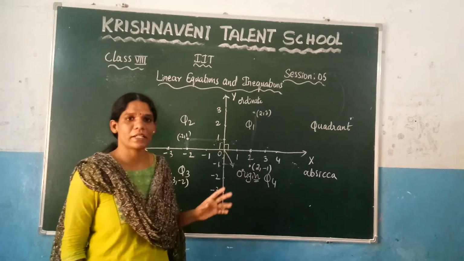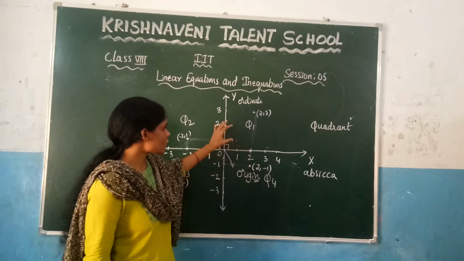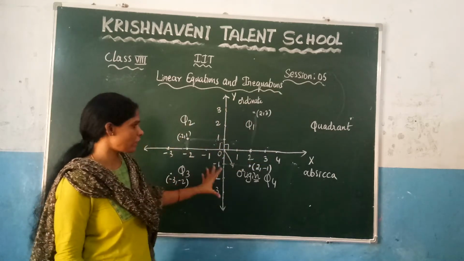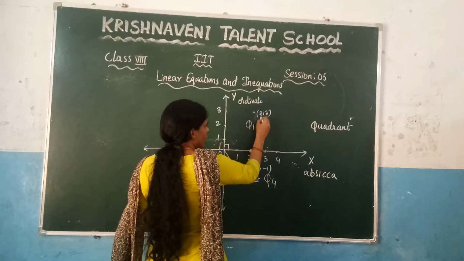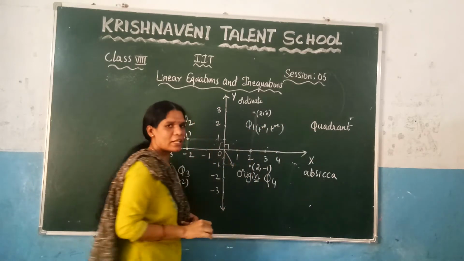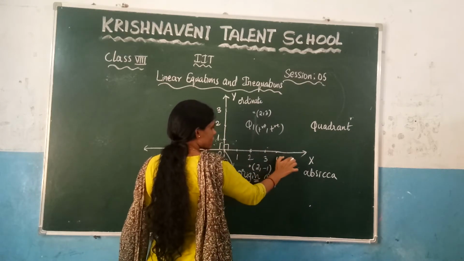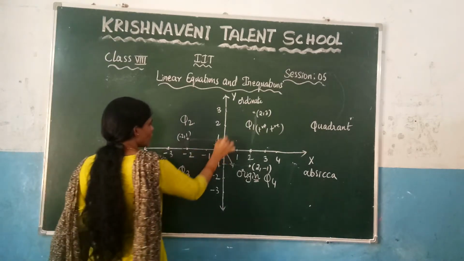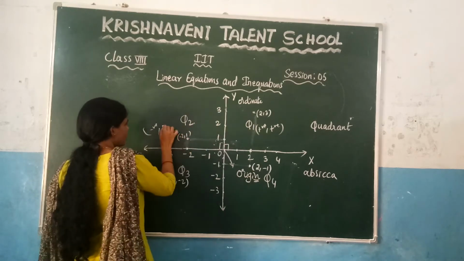Now what is there in quadrant 1? In quadrant 1 you can observe that the x coordinates and the y coordinates are always positive. That's why I have represented one point here in the coordinate plane to show that. In quadrant 1 the x-coordinate is always positive and the y-coordinate is also always positive, right? Similarly, if you take quadrant 2, the x coordinates are negative, right? And the y coordinates are positive.